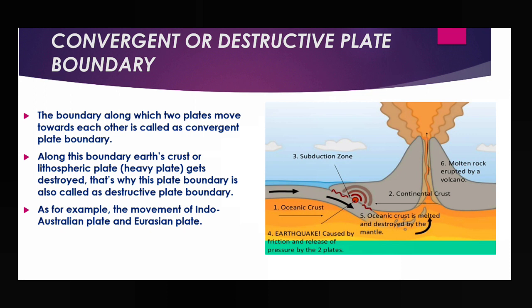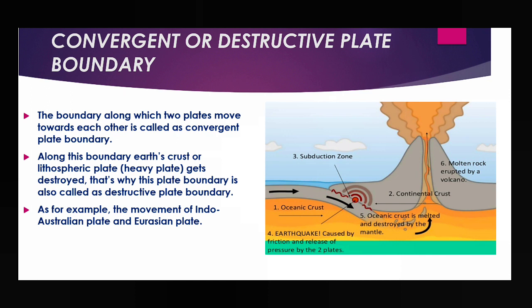That means, in the asthenosphere the temperature is very high, and that's why the solid lithospheric plate gets melted, and due to this, new magma is formed in the asthenosphere. So again I am telling, when two plates are moving towards each other, they collide with each other. When they collide, the heavier plate goes down, and this part of the plate which is going down, it goes in which region? That is in the asthenosphere.